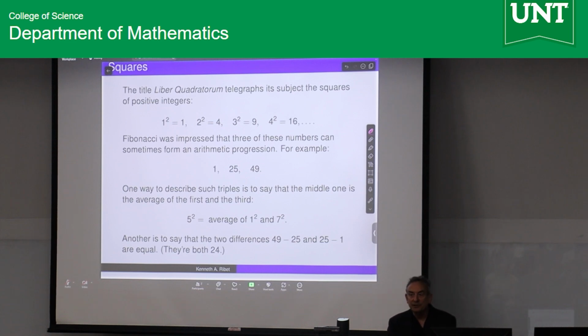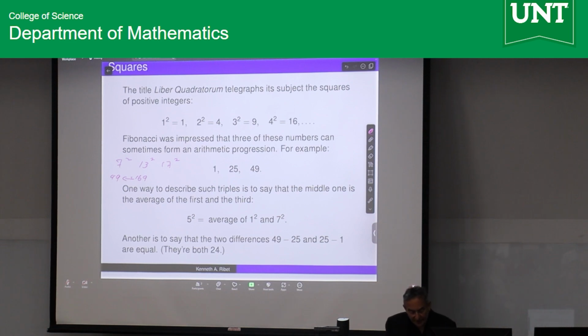Another thing you can say is that 25 is the average of 1 and 49. It's the same statement. 1 plus 49 is 50, which is twice 25. Another arithmetic progression, if I'm not mistaken, is you can have 7 squared and 13 squared and 17 squared. And for example, 7 squared is 49, 13 squared is 169, and the difference between these two is 120. And if you take 17 squared, it's 120 more than 169, so it's 289. So that's another arithmetic progression